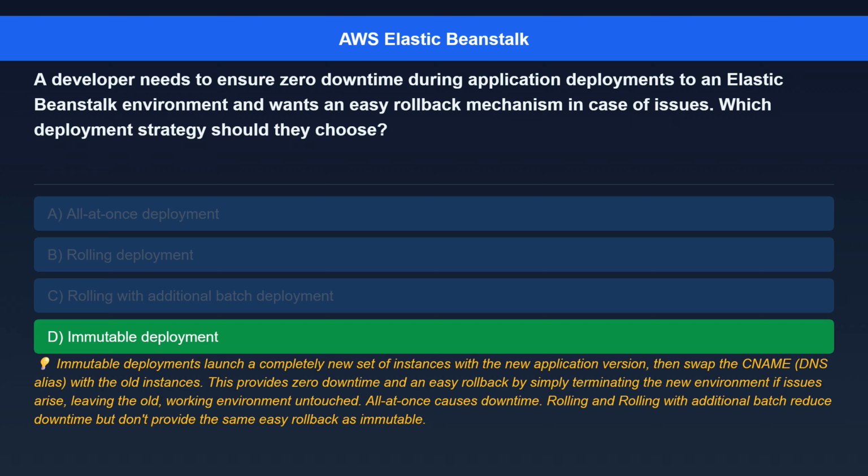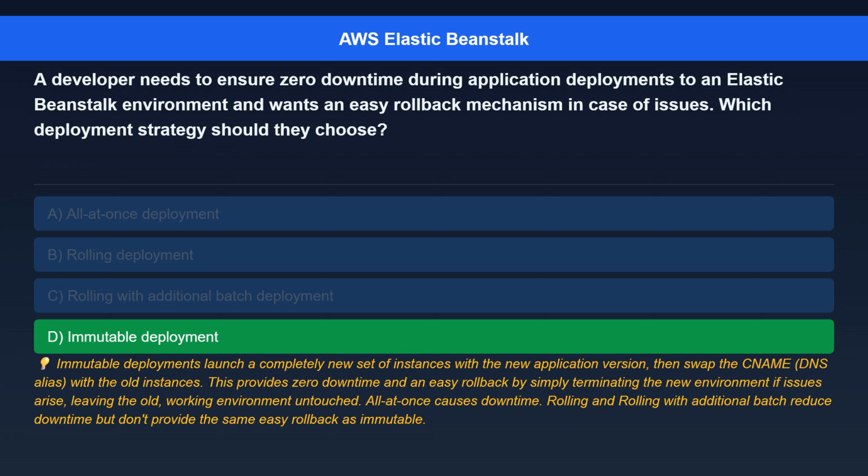The correct answer is immutable deployment. Here's the explanation. Immutable deployments launch a completely new set of instances with the new application version, then swap the CNAME, DNS alias, with the old instances. This provides zero downtime and an easy rollback by simply terminating the new environment if issues arise, leaving the old,